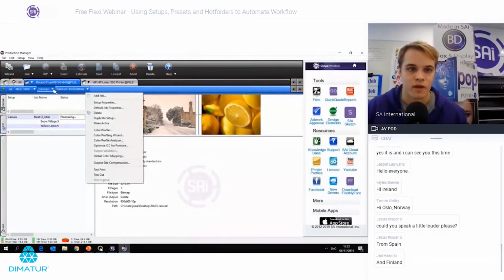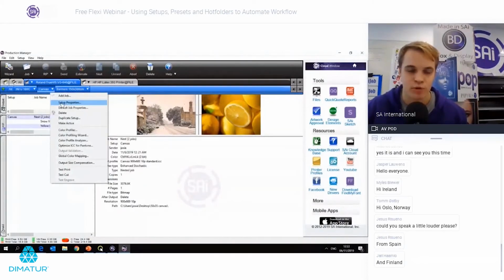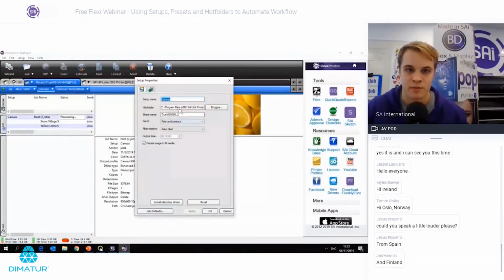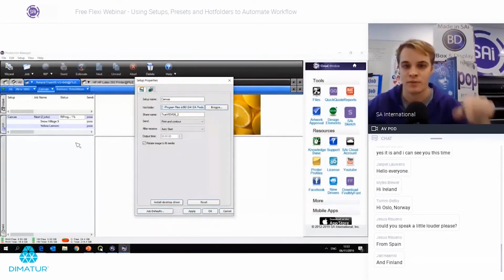Now, in the setup properties, as we showed earlier, you can also set a hot folder. This is a folder for which the setup will automatically pull jobs into the hold queue. So if I want to simply copy jobs